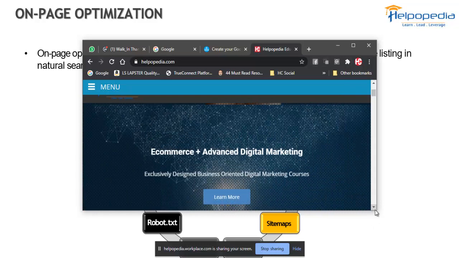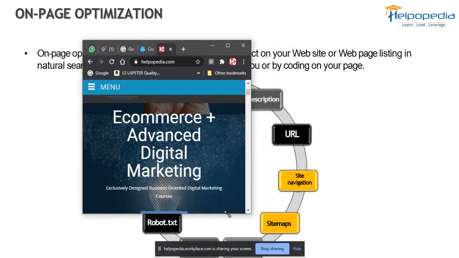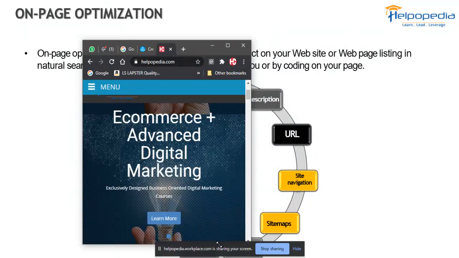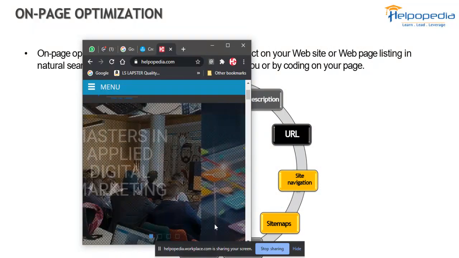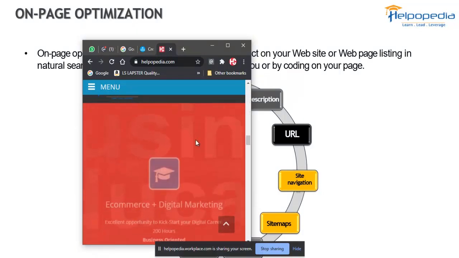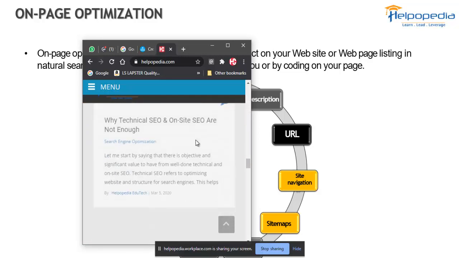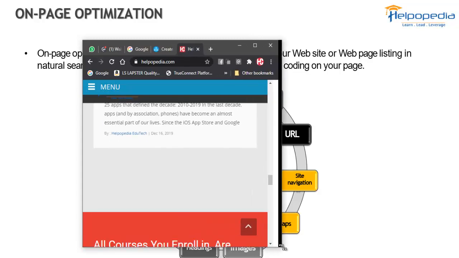Now I will reduce this further. See, the content is automatically adjusting, it is not going outside the screen, none of the text is going outside the screen. Everything is coming one below the other, so nothing is going outside, right? This is what we mean by being optimized for all the screens. This is mobile SEO.